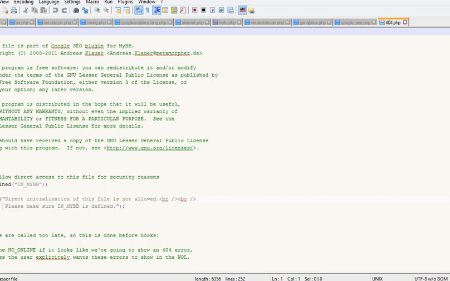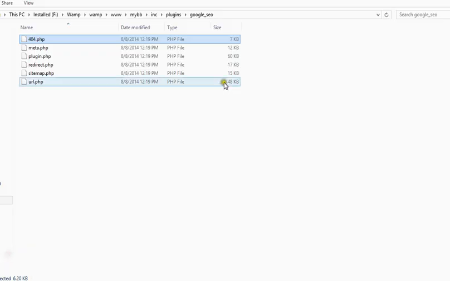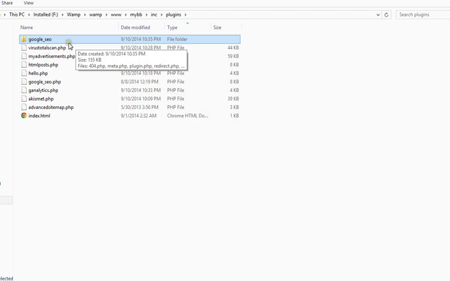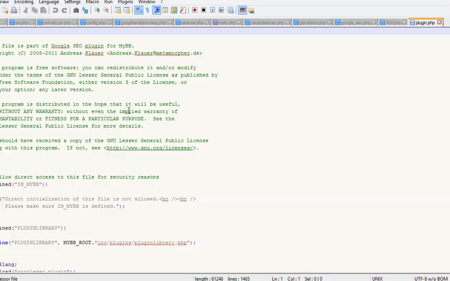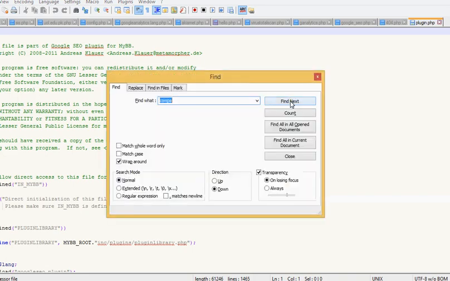So all you need to do is not look in any file in Google SEO but plugin.php, and that is under the folder google_seo. Look for the file that says google plugin.php, edit the file, and this file has a line that says compatibility. Are you kidding me?